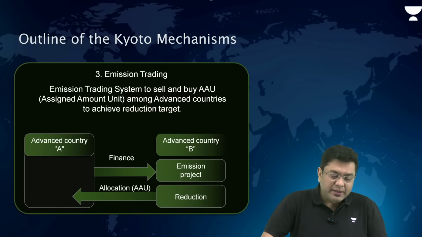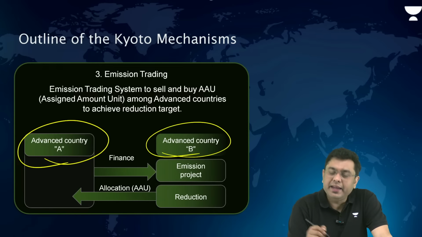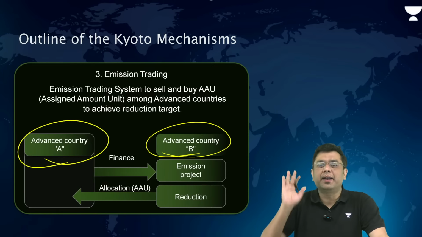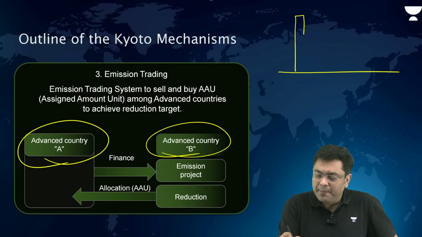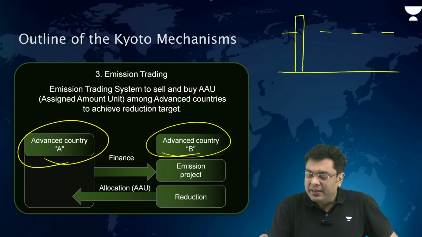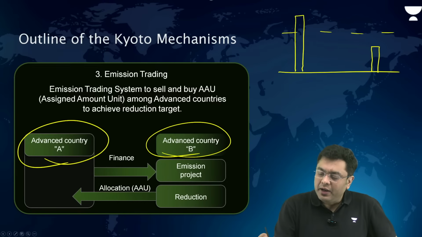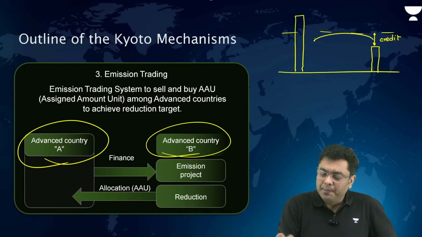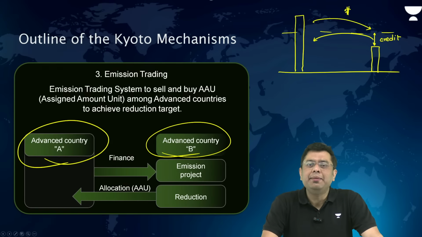And then you have the emission trading where any of the countries can engage in terms of buying the credit from any other country. For example, if one country has exceeded the target, this is the target, another country has basically overachieved, emitted much less, so it will earn this much amount of credit. This credit can be sold, right? In return, you will get money. Okay, so that is how climate and responsive action can be benefited.